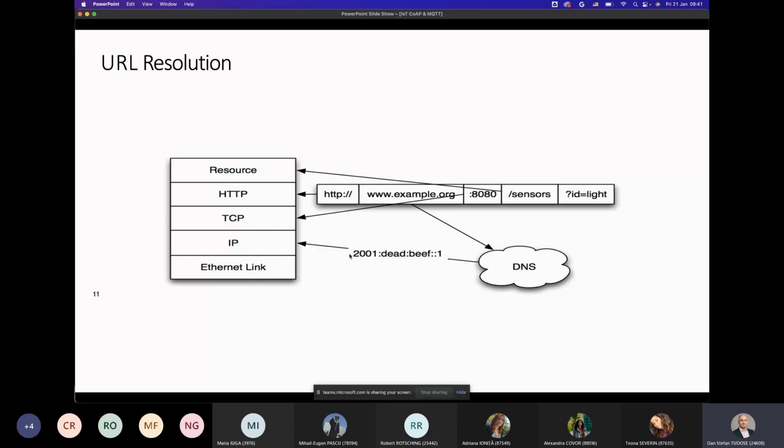So DNS will actually give you an IP address for your URL. And then you have the port. The port is relevant to the TCP part of your stack, because it specifies whether you're using a certain port or another for communication. And then the other parts, the query or the files, would actually point to a resource higher in the protocol stack.